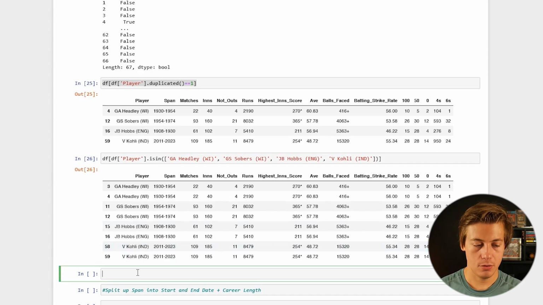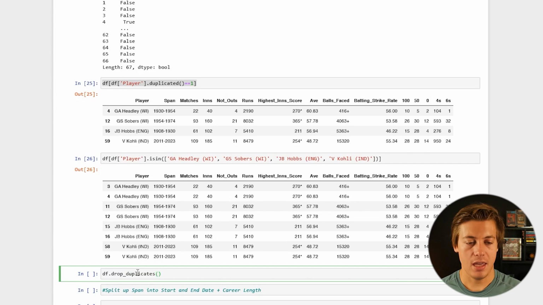So all you have to do is df.drop_duplicates like this, and this is going to drop the duplicate rows. So now you only have 1 of each of these. So if we run that,